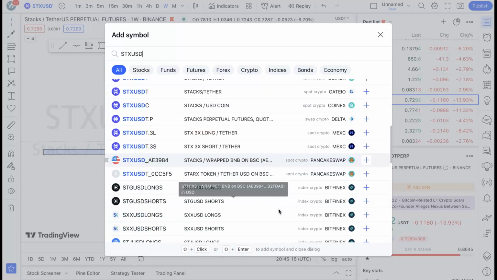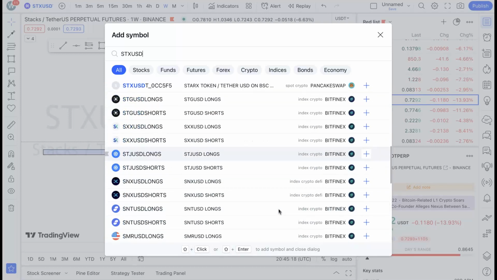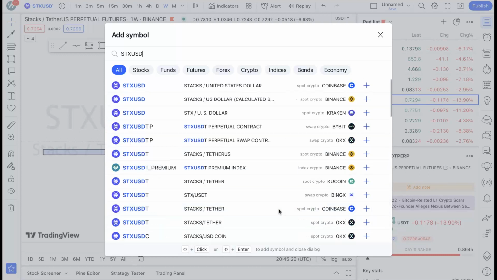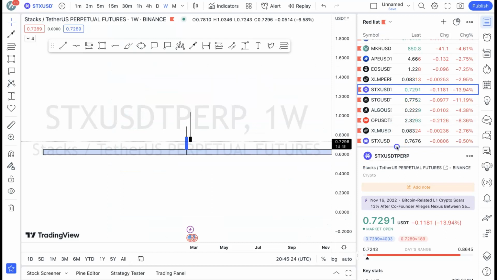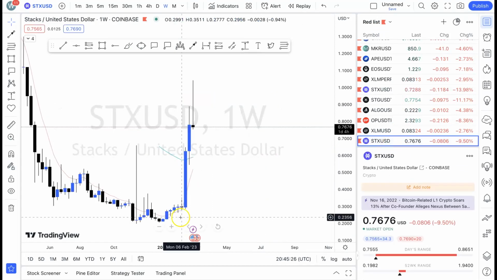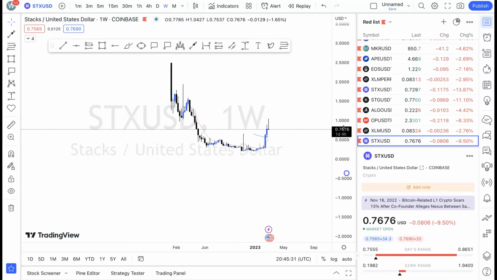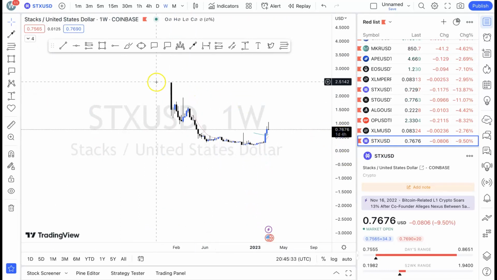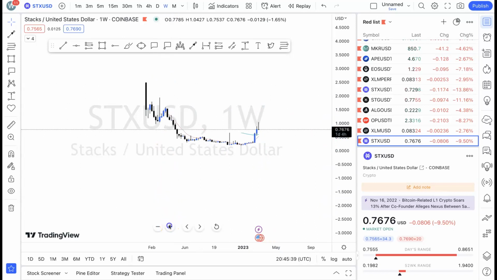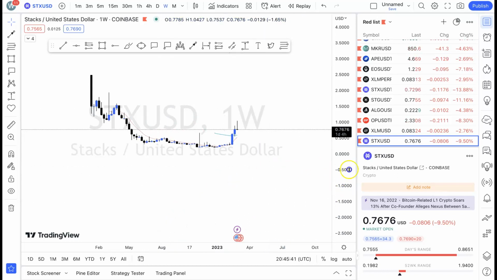It's not a project that I've been following, so I'd like to see how far the project has gone. Let me try Coinbase. Let's see if we'll have more data from Coinbase. Okay, it looks like the project was listed first on Coinbase before, so it's a project that has already hit like $3. So the project has been on Coinbase before it hit Binance. So it's very important to find out